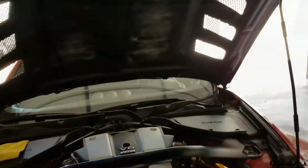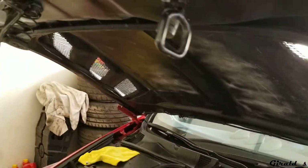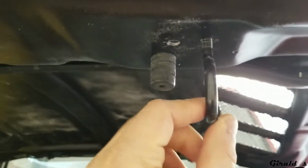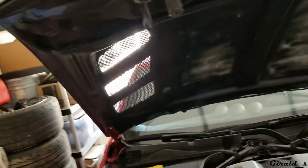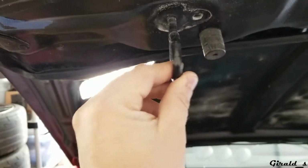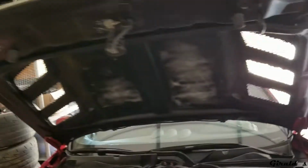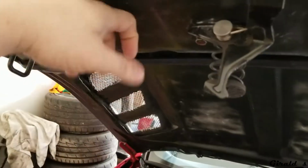All right, so open up the hood, and this is where I'll show you why the aero catches are going to be pretty decent. I had to unscrew these quite a bit so that these would fit right. And to be honest, at high speeds, I don't think I want that holding my hood. Not just that it's fiberglass holding fiberglass, which could easily break, but